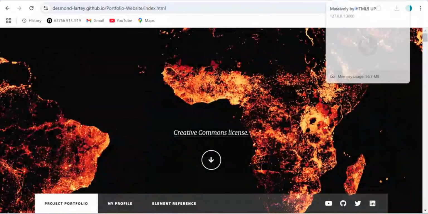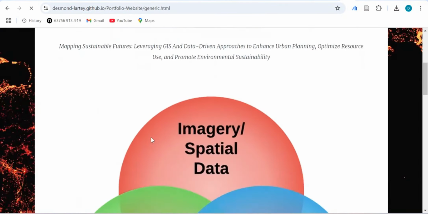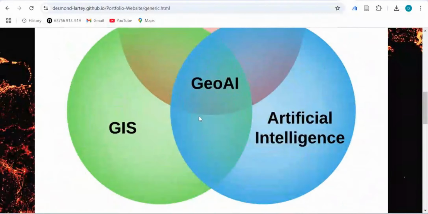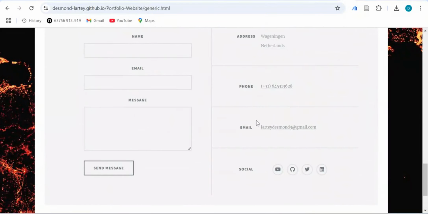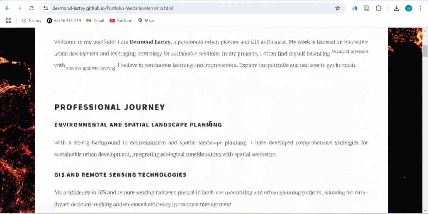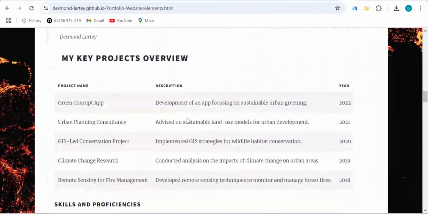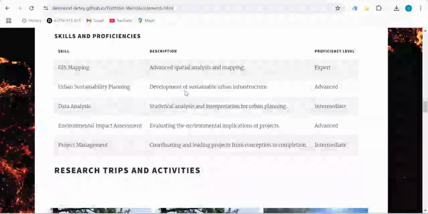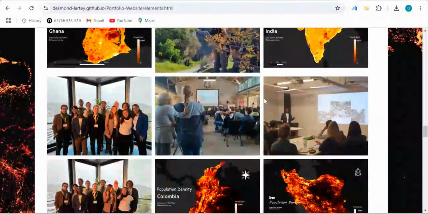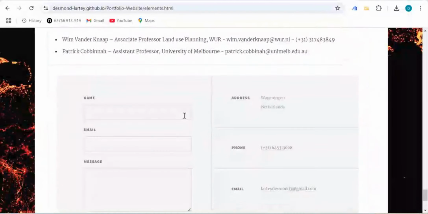So this was generic, this was element, and I tried to also edit it a little bit to show exactly what my areas of expertise are. And then this one too, you can edit it a little bit. The element, yeah, just stuff about your certificates, accomplishments, and then you try to put some links as references. If you have some maps, you can update them in there as well.